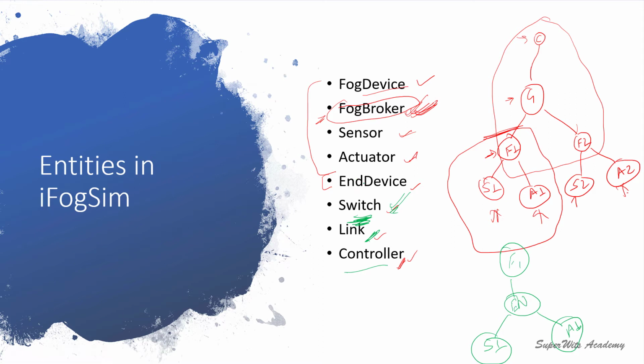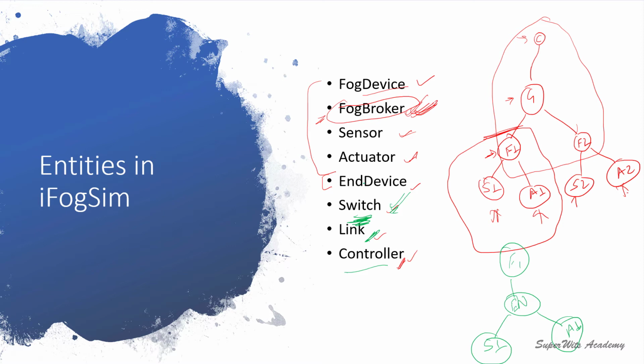Now it's very important that these are the entities which are going to send messages, right? They are going to pass messages to each other depending upon what operation they are doing. So very specifically I'm pointing out messages. If you have worked on CloudSim, you might have an idea about it, right? Otherwise I'll try to include that, or you may also refer to my other course, which is available on Udemy as well as on the Superbits Academy online website, which is the CloudSim tutorials, right?